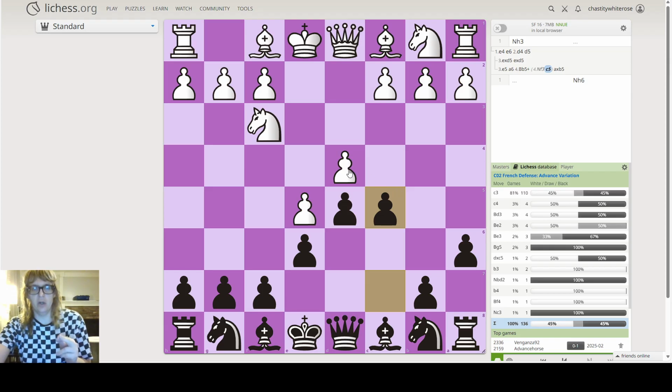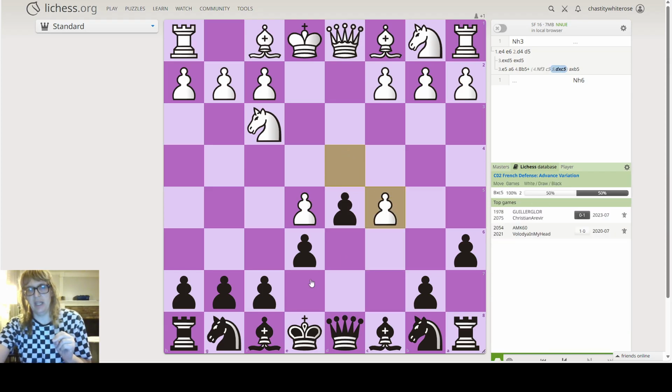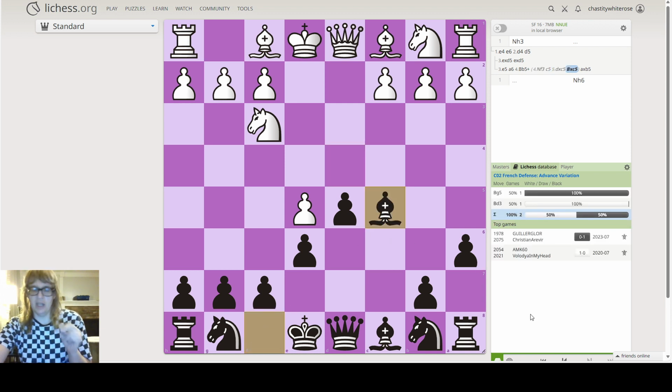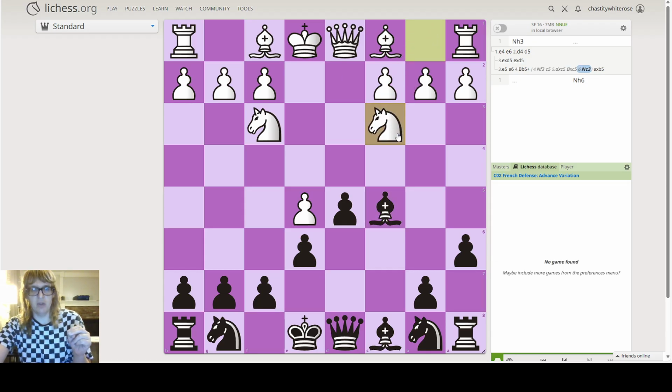What we're doing here is we're trying to trick them into taking that so that we can capture back with the bishop. That's how it works. That's how it's done, my friends. So the opponent is going to move out their knights because that's what people like to do because it's a good move generally. But this is where the French defense gets so interesting